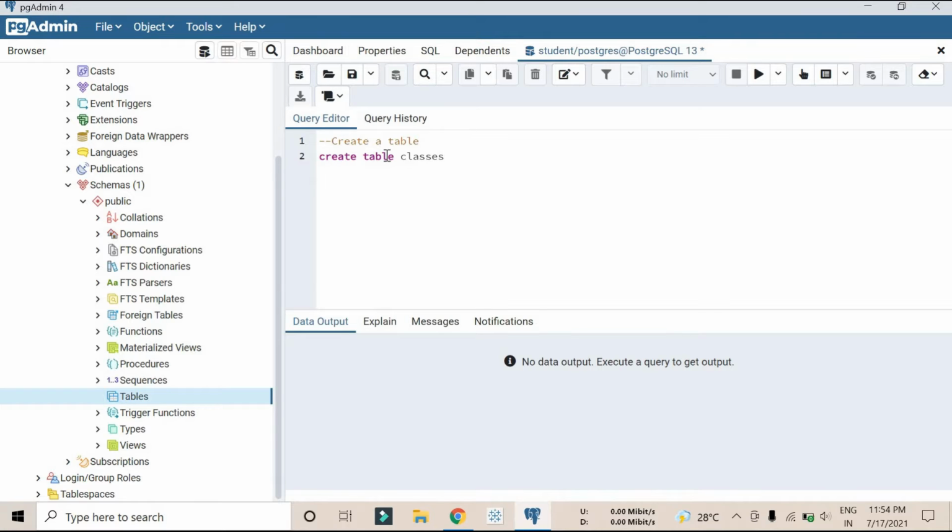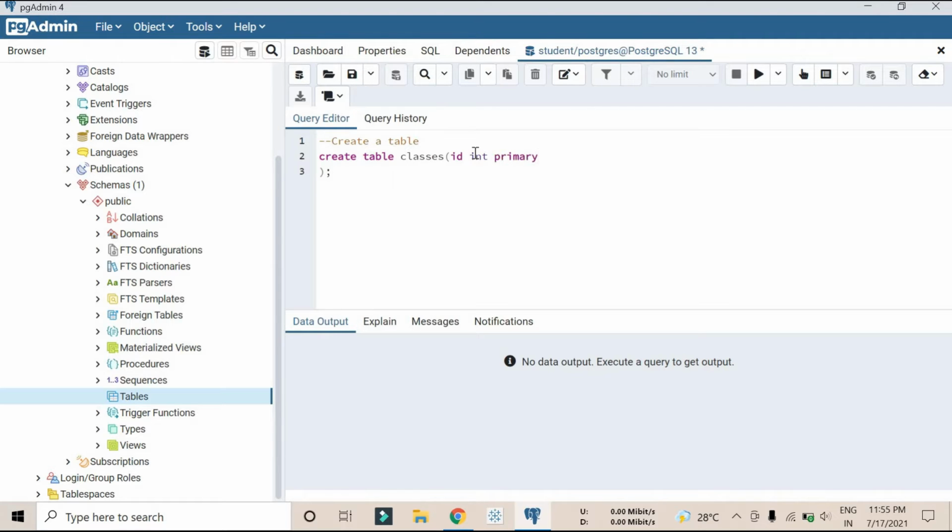I have already given the name of the table, and now I will give brackets here, and at the end I will put a semicolon so that I won't forget. In the first part I will write what contents I need here. I need an ID here. ID must be an integer, so I will write ID int, and ID will be our primary key. In the upcoming videos I will tell you what is a primary key, what is a foreign key, what is unique, everything we're going to cover. So stay tuned and watch the whole series of this SQL.